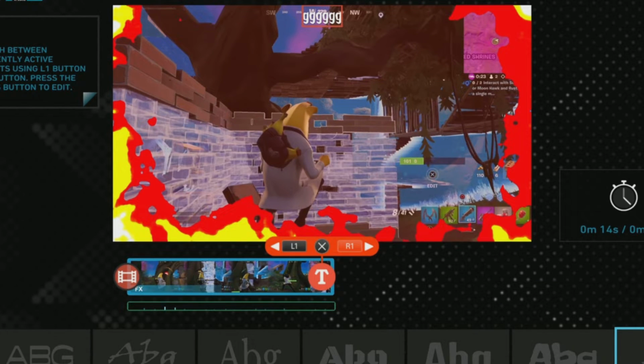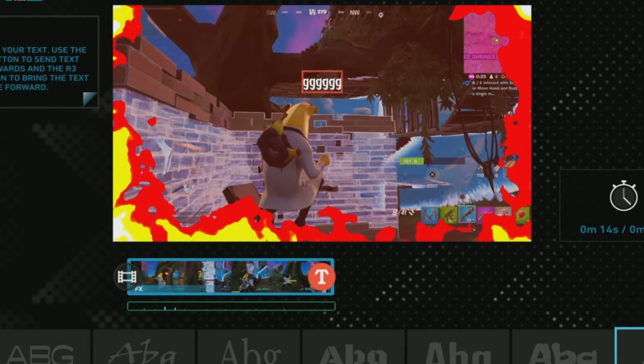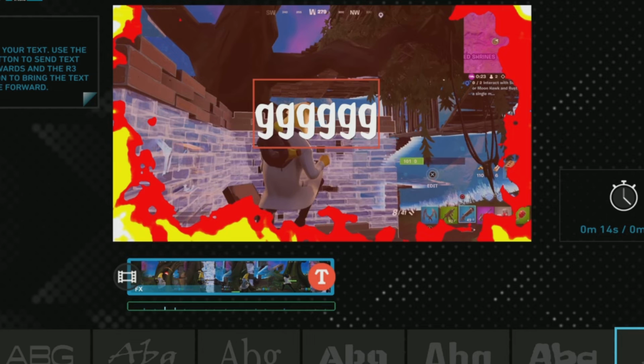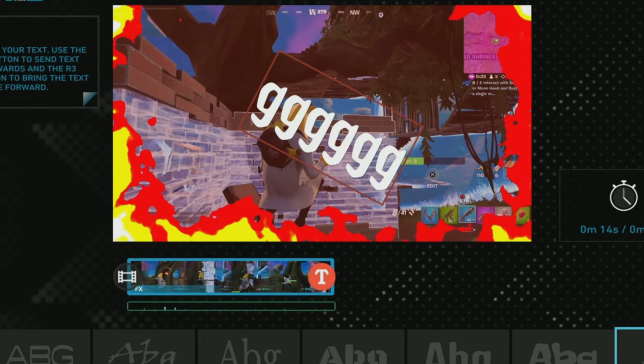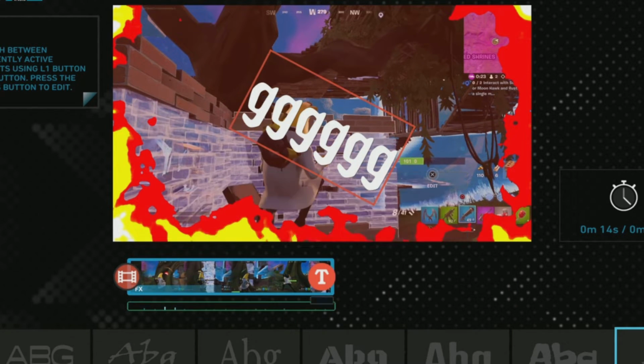As one of the things you're probably going to use the most is text, we'll just show you a bit of text. So you push the cross button on the text font that you want, and then you've got the option of going straight in and going to edit it and make it bigger, smaller. So I've just put loads of G's in here just for the sake of it, and just to show you, yes, we can transform it, change the color, do all the things that you can normally do in Share Factory Studio, exactly the same in Bits.